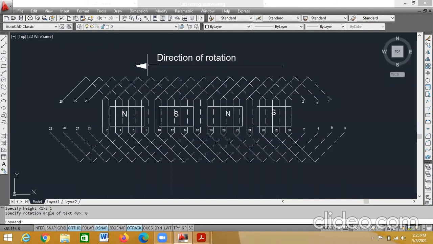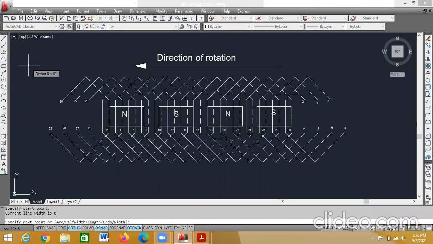Now for this arrow, I used polyline. In that polyline, half width I took: starting width 0.4, ending width 0. Now within the poles, the arrow should be small, so I can take 0.2 by 0. Again I'll draw, using the polyline option. Draw polyline. Click here, start point.